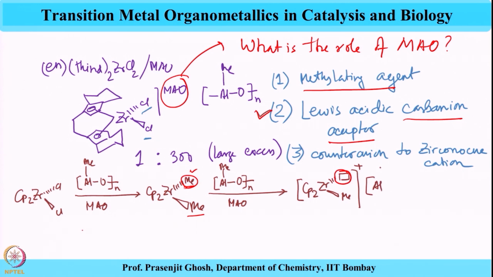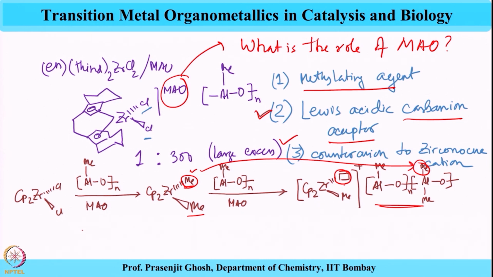So, this methyl group which gets abstracted from here ends up on the aluminum as is shown here, and this acts as a counter ion to this zirconocene cation,